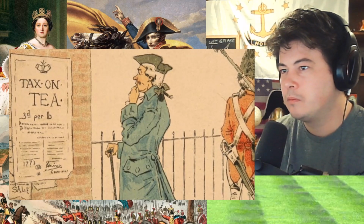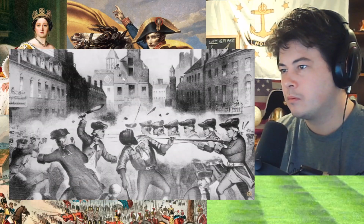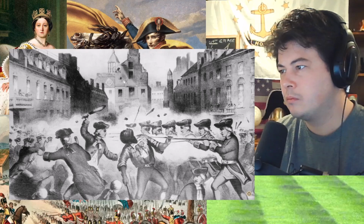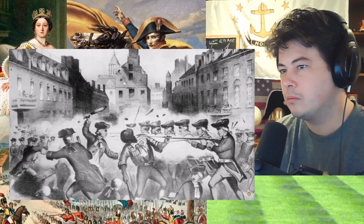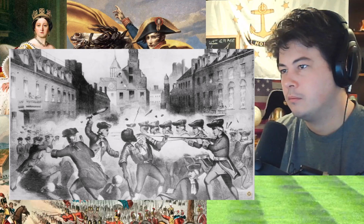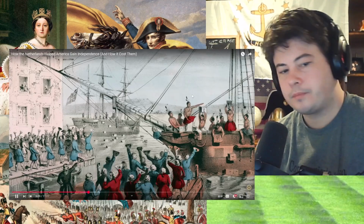Protection that Great Britain had provided. The colonists weren't happy about it. Protests erupted, and in 1770, British soldiers opened fire on a mob of angry colonists, killing at least 5 men and wounding several more, in what is known as the Boston Massacre. Then in December of 17...